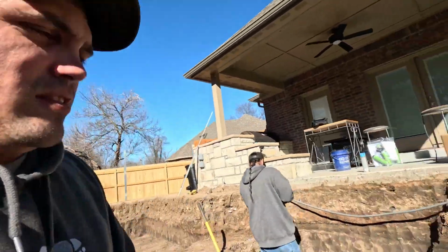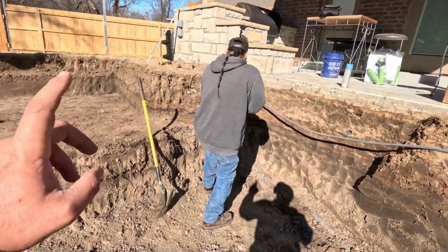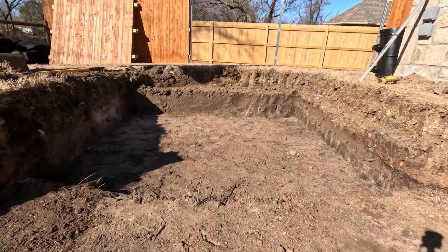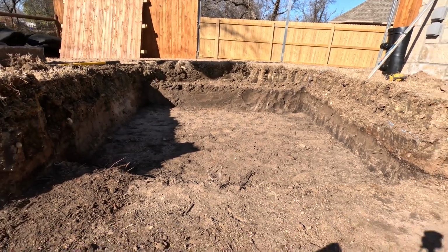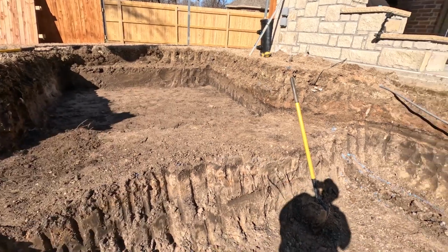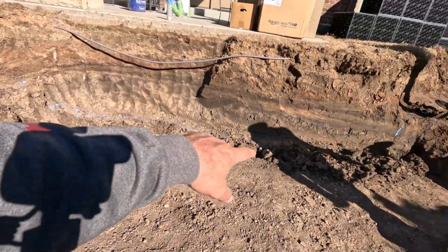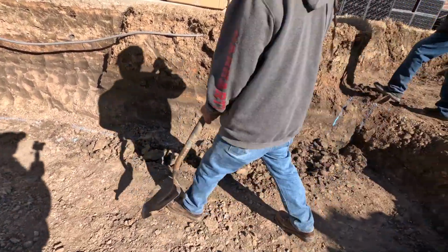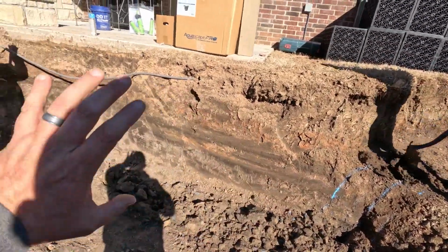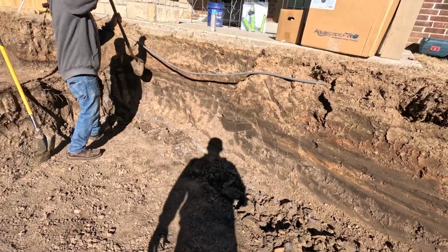Alright, so we got the intake bay dug out. It's ready for liner and knuckle blocks. So the pump vault will go right in there. We still got to dig out for the boot for it. The guys have started working on our footing that we're going to put in for our wall block. That's going to go on this wall right here. So we'll start excavating this out,